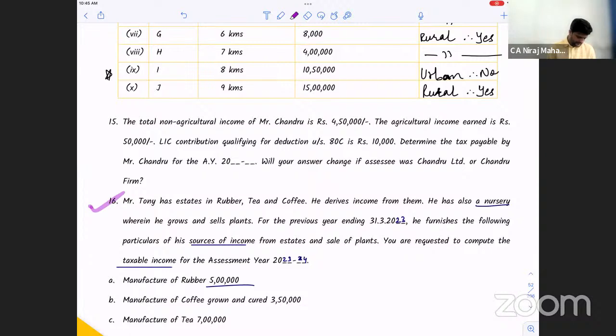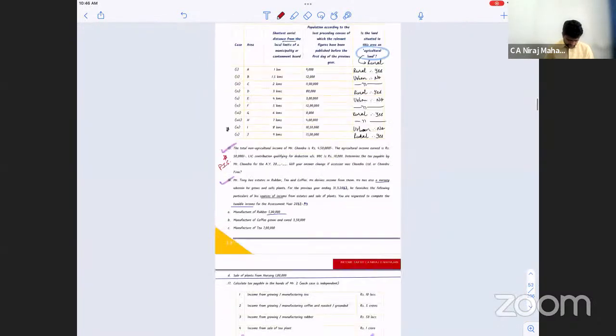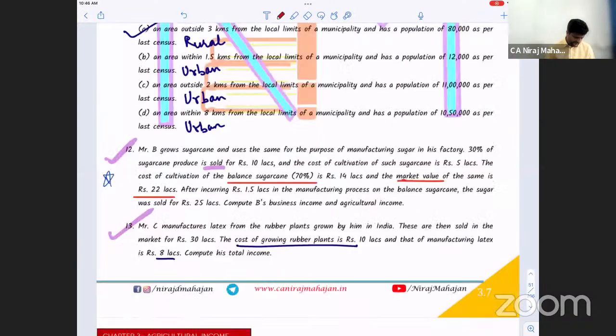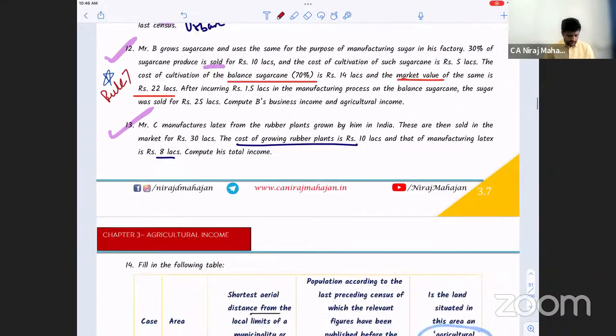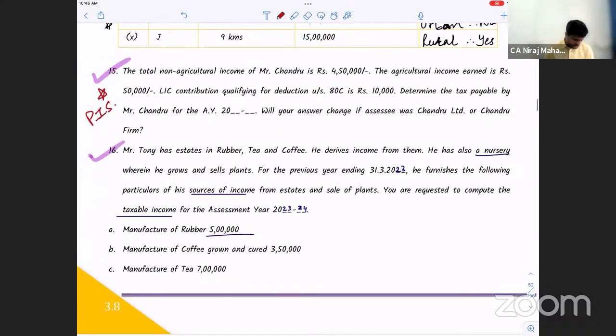Mark this question 15 over there and write down PIS, partial integration scheme. Clear? Over here write down, where is that, our sugarcane question, rule 7. Now, whenever you do a different type of question, I've told you, in the notebook write down the type of the question so that you'll always remember what to revise quickly. Fine. Partial integration scheme. In the notebook also write it down.